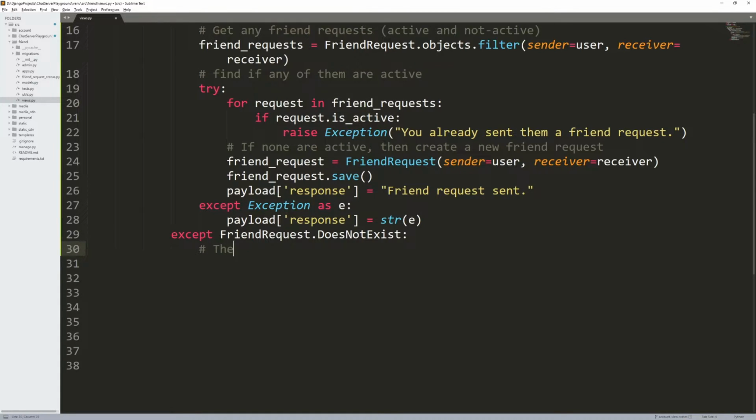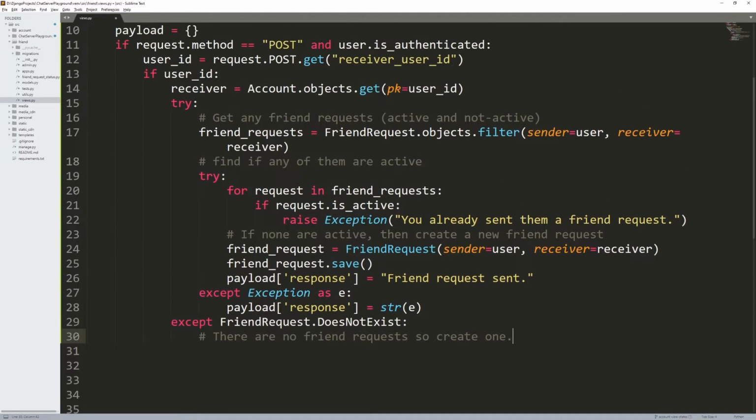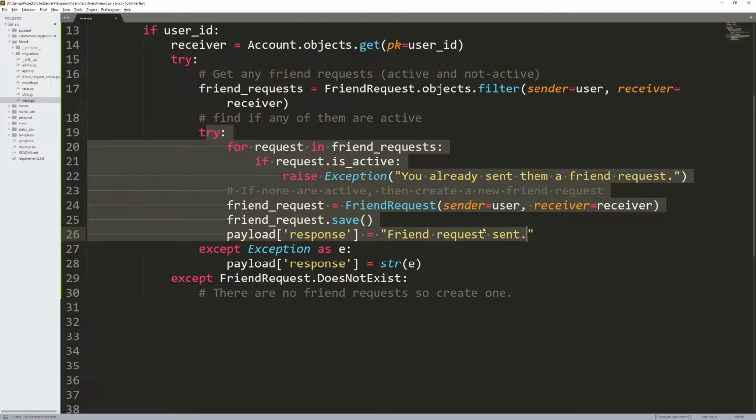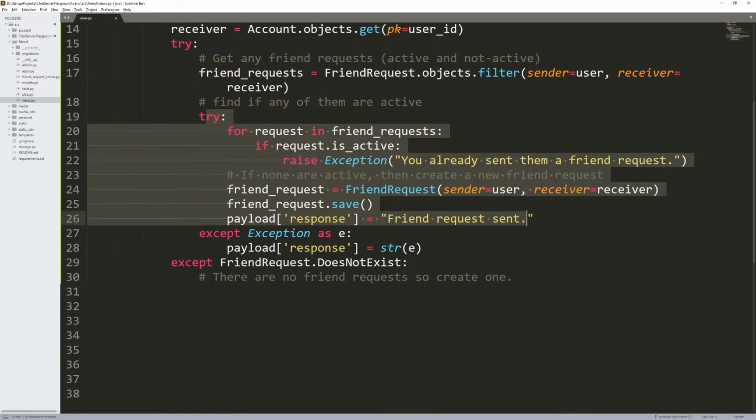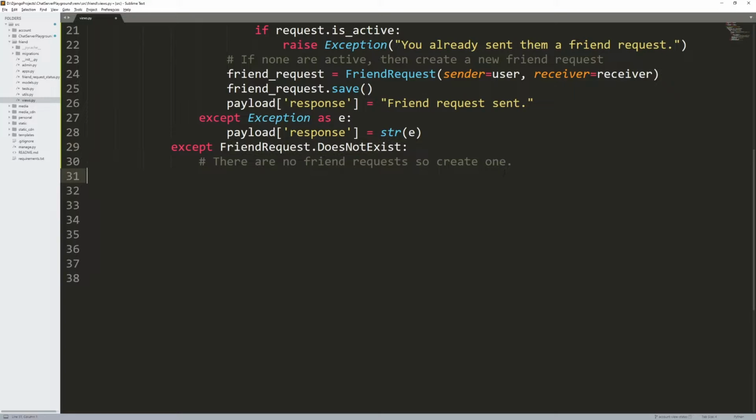That means there are no friend requests. That means this user has never sent a friend request. So there are no friend requests. So create one. Because this first part here was if there are friend requests, check to make sure that there isn't an active one with that user already. If there isn't, then create one. But if we already know we can't find one, then that's pretty much already satisfied what we were trying